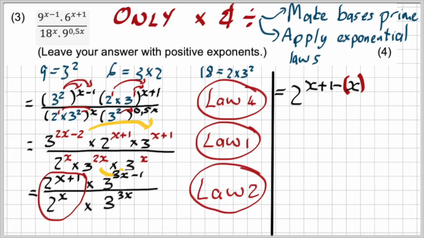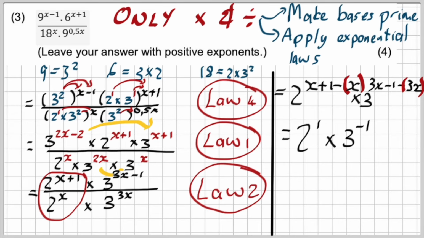Please, please, please do this, ladies and gentlemen, so you don't forget: if there's more than one term in your exponent, that negative counts for everything in the second bracket. Same with the 3's. Going to take the top exponent minus the bottom exponent. Always top minus bottom. This leads me to 2 to the power of 1 times 3